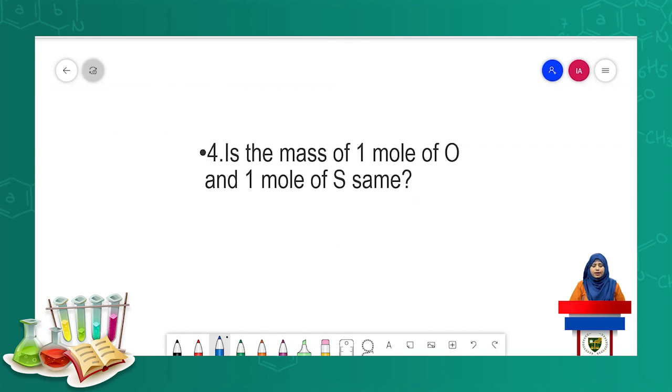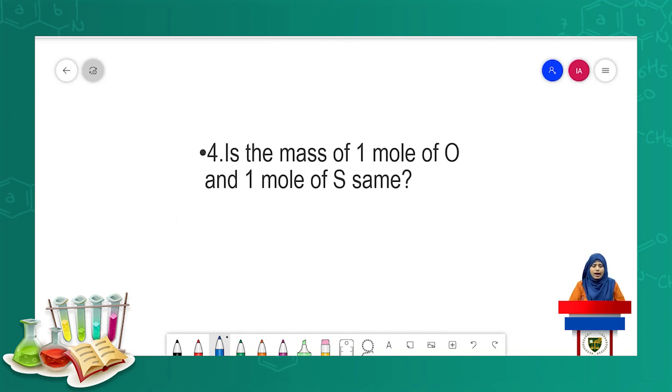Question number 4 is: is the mass of 1 mole of oxygen and 1 mole of sulfur the same? So हम देख लेते हैं कि 1 mole of oxygen का mass क्या होता है. So 1 mole of oxygen is equal to 16 grams while 1 mole of sulfur is equal to 32 grams. So क्या 16 और 32 सेम है? बिल्कुल भी नहीं। सो हम कह सकते हैं कि 1 मोल ऑफ ऑक्सीजन, इसका मास इज डिफरेंट फ्रॉम 1 मोल